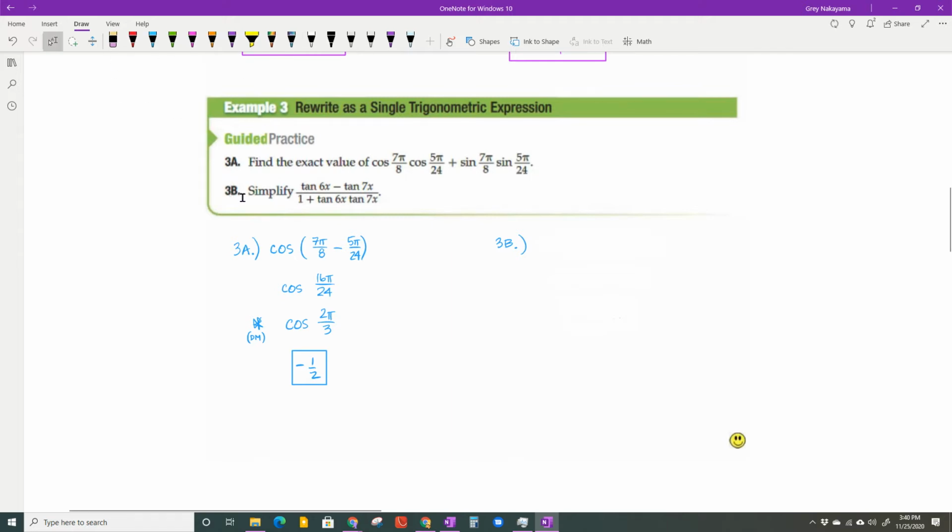Here, 3b says simplify it. Well, it's got to be a tangent formula. And as I pointed out to y'all, in the tangent, it's the same as what you see on top. So I know it's going to be